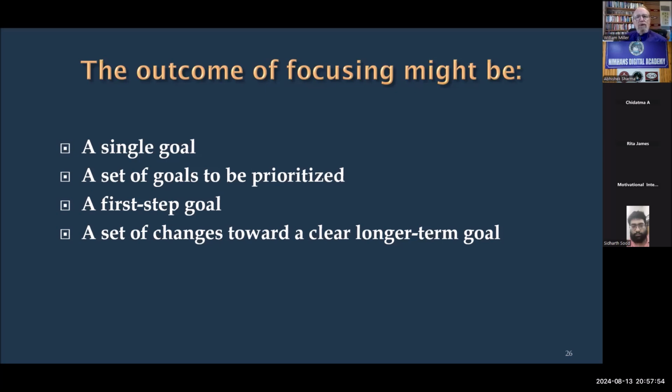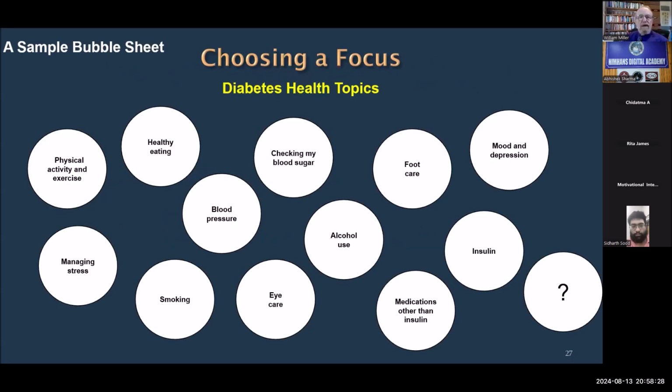It could also be a long-term goal, and then you've got multiple changes to move in that direction. So when we've talked about diabetes, for a person diagnosed with diabetes, there may be a number of things that need to change toward a goal of staying healthy, of not having complications, of keeping your blood sugar down, maybe even reversing diabetes. So there are a variety of things that you can do to move in that direction. So any of those things might become the focus of your work together.